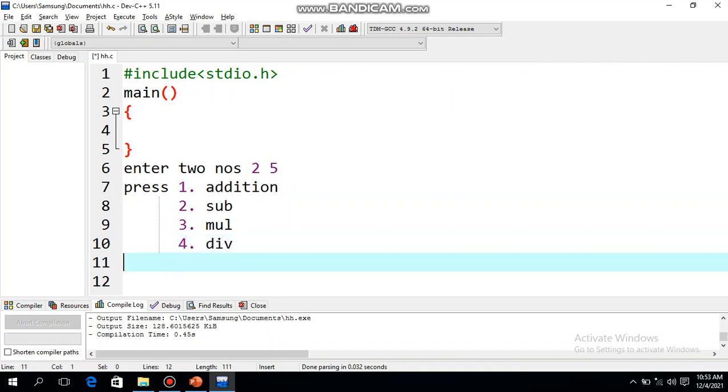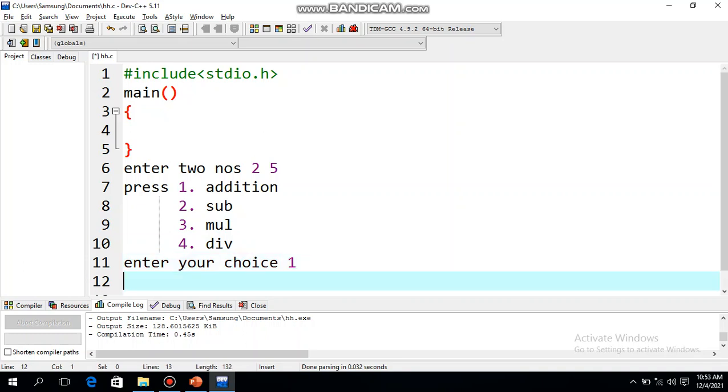Then next it will say enter your choice. Suppose I am entering 1, so you will have to display sum is 7.